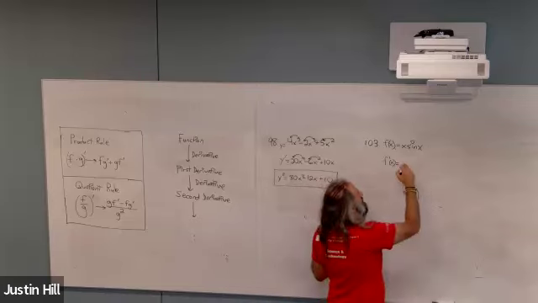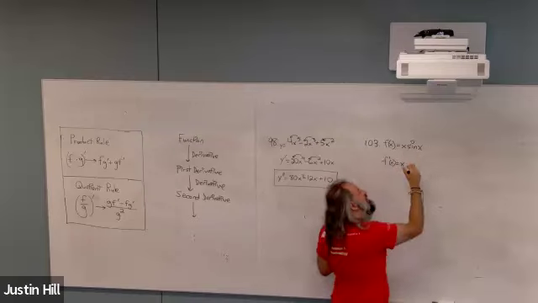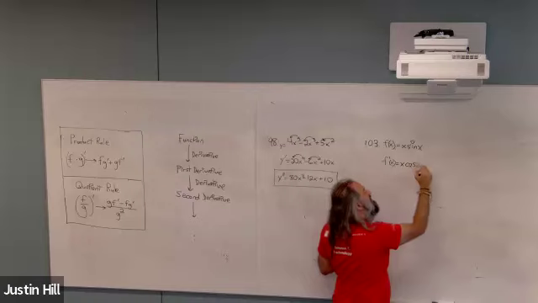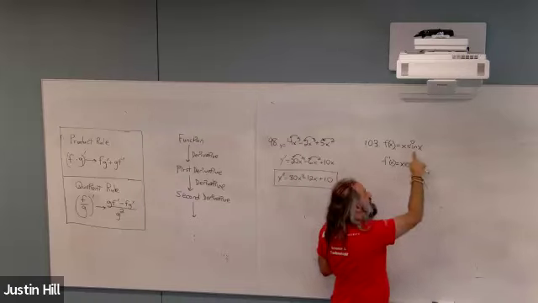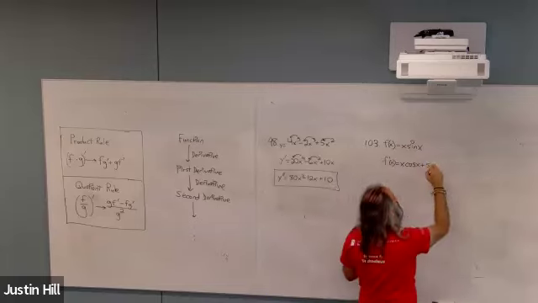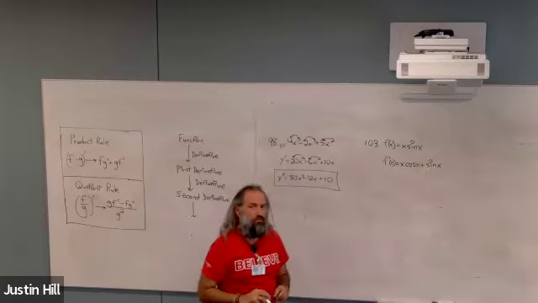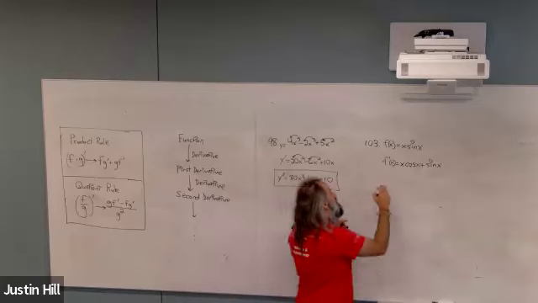So it's going to be x times the derivative of sine x. What's the derivative of sine x? Cosine x, and then plus sine x times the derivative of x. And what's the derivative of x? That's just a 1. So this should just be plus sine x. That's my first derivative. Now for the second derivative,